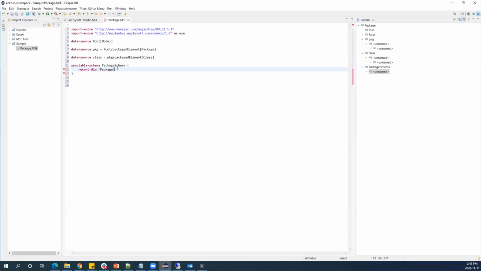In the schema, I'm always going to start with whichever data source we provide to the schema. Say we are going to work with the same sample that we saw, where I want to query the model for the package and then the classes. In this case, I'll be providing it the package schema, so that's why I'm starting with the package. In case I want to start directly with the classes, I'll be starting with class here.